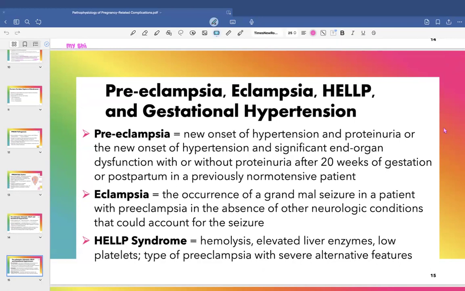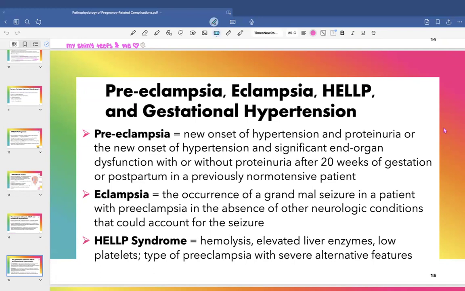But anything more than 140 systolic or 100 diastolic is considered hypertension. You don't have to have both. Okay, severe is there. Chronic